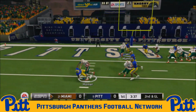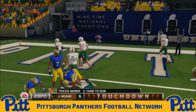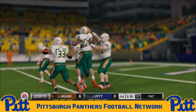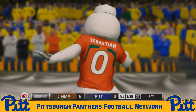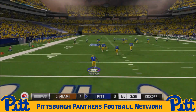Homer will take the handoff, though. He fights through one Pitt defender, goes through another, and he's into the end zone, takes a hit from DeMar Hamlin for his trouble, but 2nd time was the charm for Travis Homer. He gets into the end zone, and Miami draws first blood. They open the scoring and will take the lead 7-0 here at Heinz Field, silencing the Pitt crowd just for